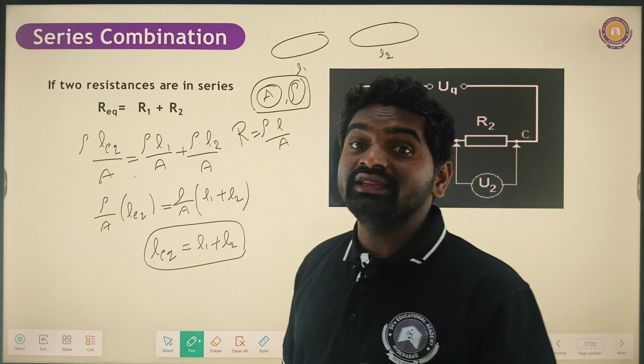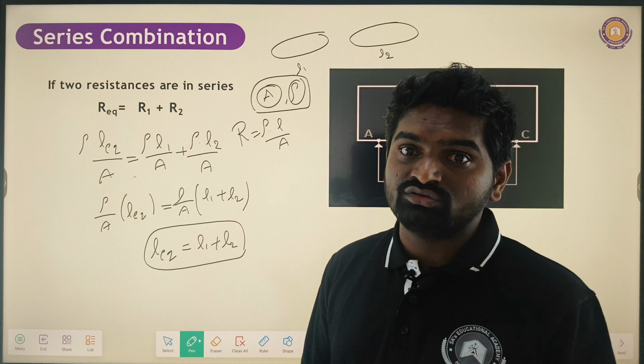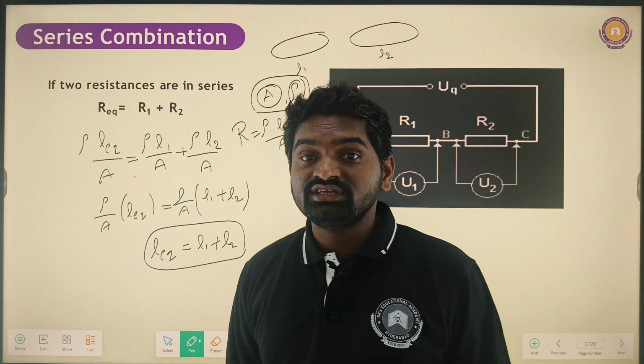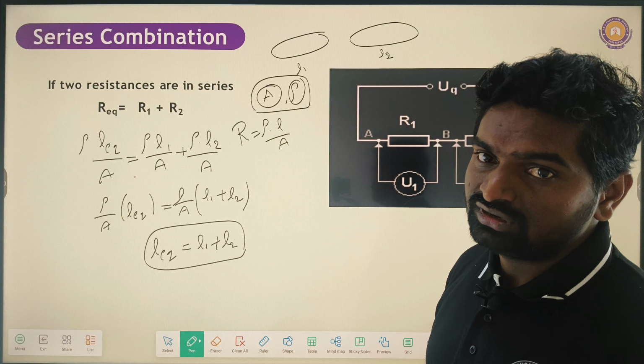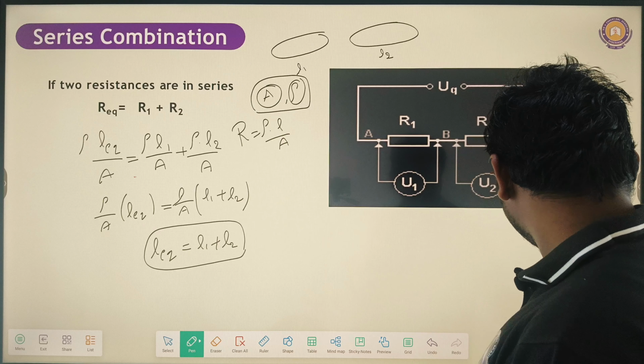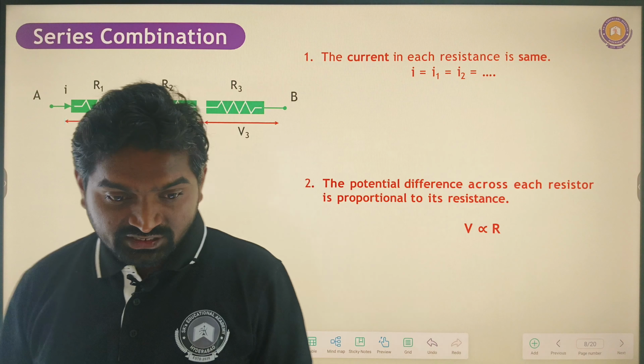If two resistors or two conductors are connected in series combination, L equivalent is equal to L1 plus L2. Clear? Okay. So now, in series combination,